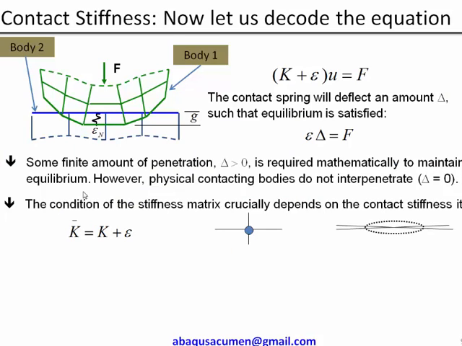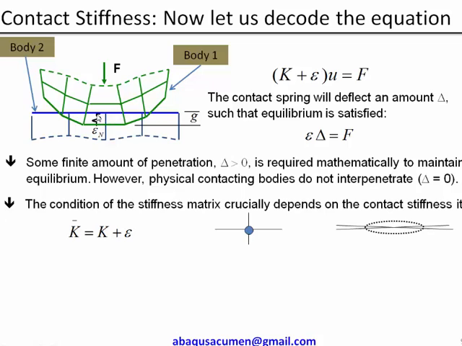Whenever you go through a literature survey, you get all these terms like K, zeta, U, and force, and most of the time we get scared about how these equations come about. Now we understand how the contact stiffness is calculated, so let's decode this equation. There is a sphere and a flat plate. Body 1 is a sphere and body 2 is a flat plate, and there is a force transfer from the sphere to the flat body.